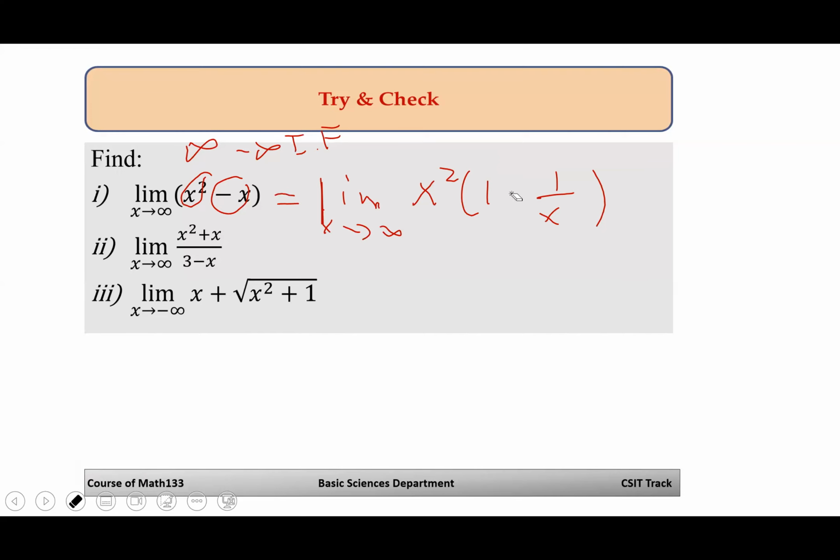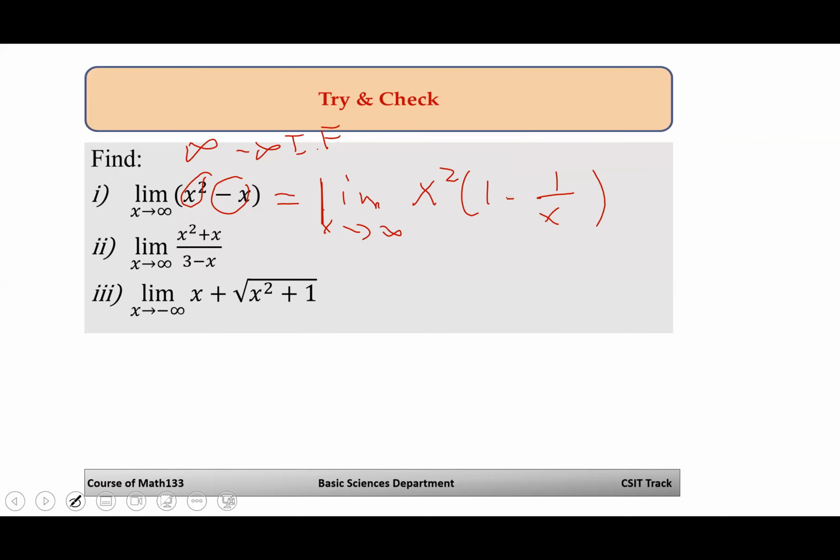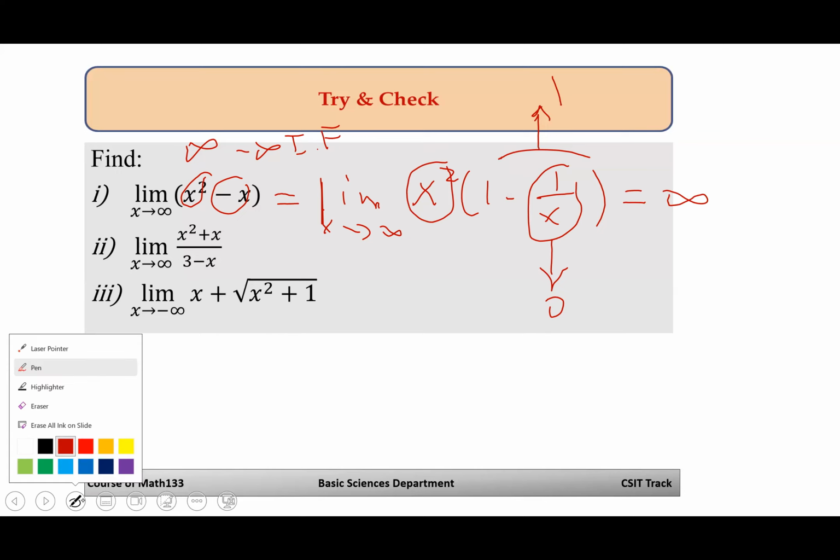Here, clearly, this will go to 0, and all this will go to 1 then. And you have the limit of x squared is equal to plus infinity. So plus infinity times 1 is plus infinity. Okay. The second example,